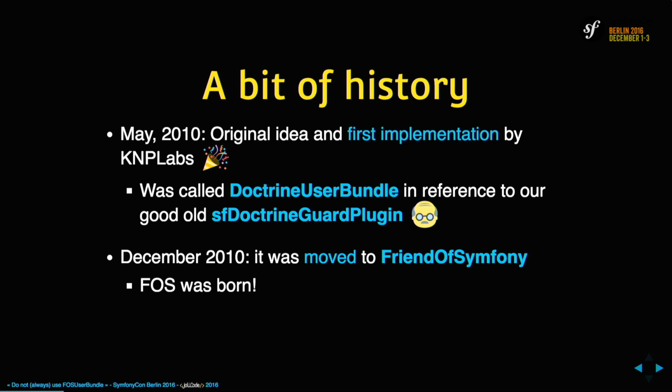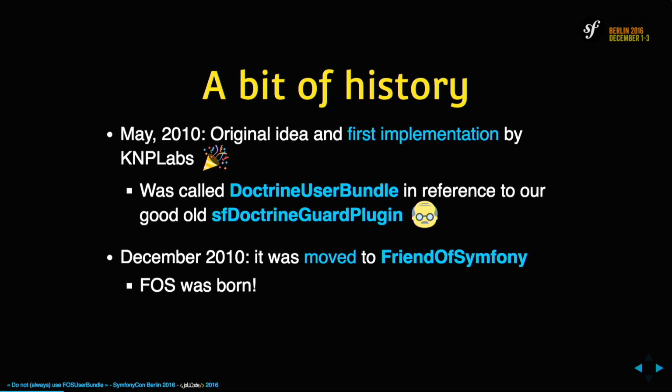So let's start with a bit of history about this bundle. It all started in May 2010. It was originally called DoctrineUserBundle because it was a port of the Symfony 1 plugin, sfDoctrineGuardPlugin.